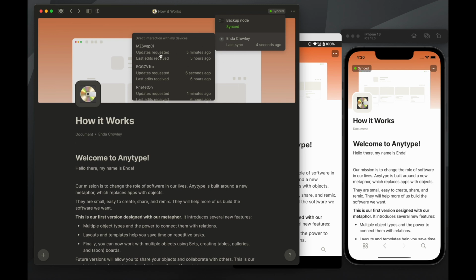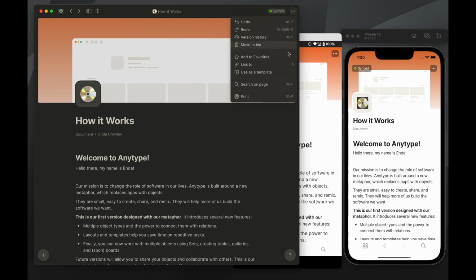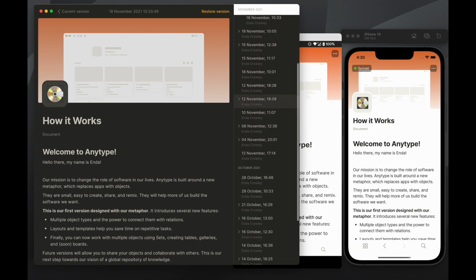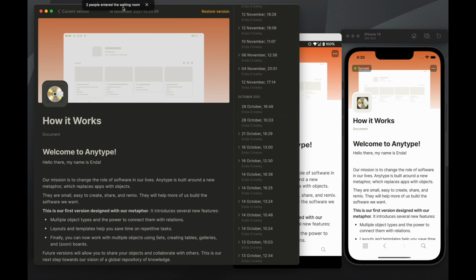And the last time other devices which are logged in with my keychain phrase have requested updates, and the last time the computer, my desktop, sent any changes. Because what Anytype does is basically you create an object and then it syncs and stores all of the changes that you've made to that object. And so that's really awesome for sync, but it's also really awesome for